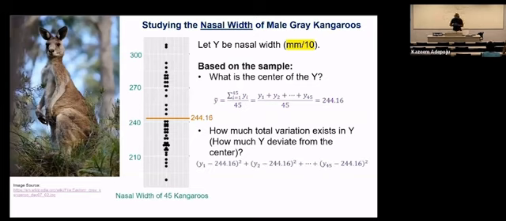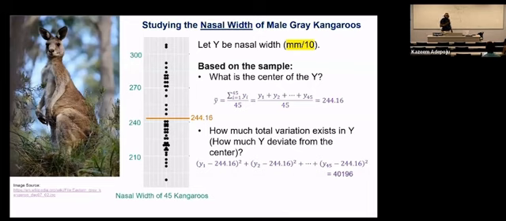Okay, if you want to do that, you're actually going to be subtracting the center from each NASA weight of the kangaroo. Don't forget we got 45 of them. Then when you subtract them, you're going to square. Does that make sense? And you're going to do that from Y1 up to Y45, don't forget, you got 45 kangaroos. Okay? So when you do that, the total of that will give you